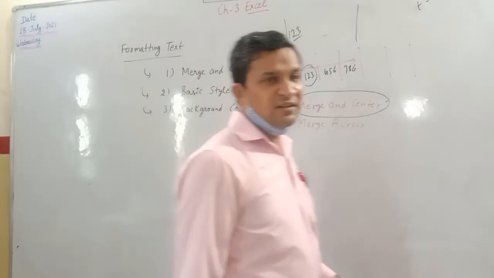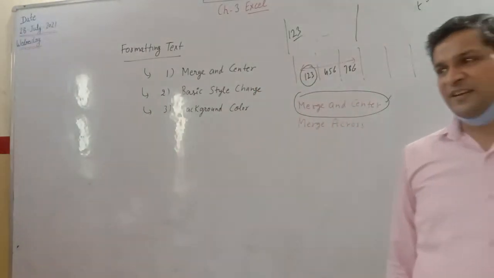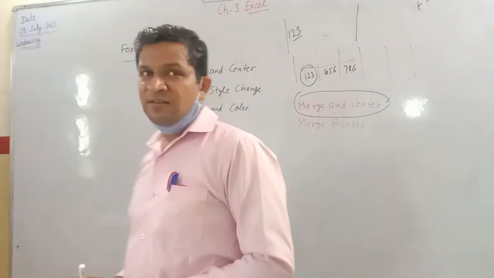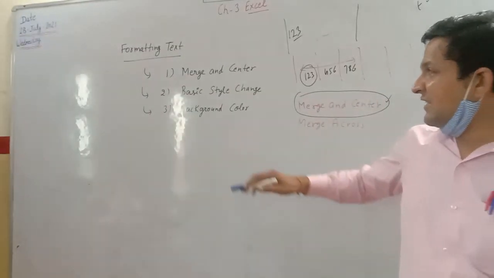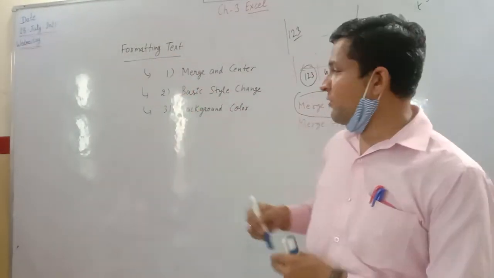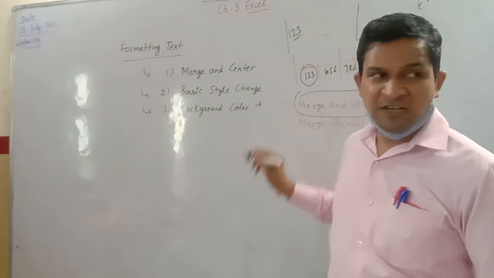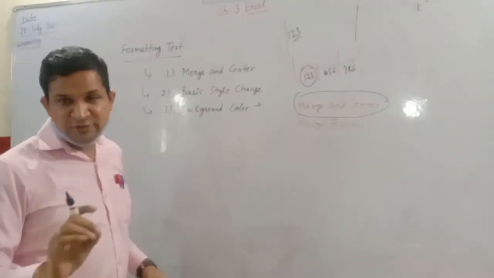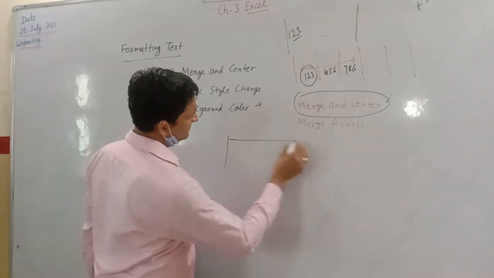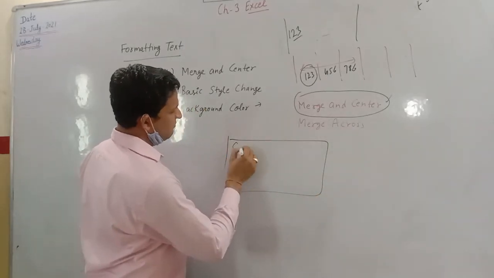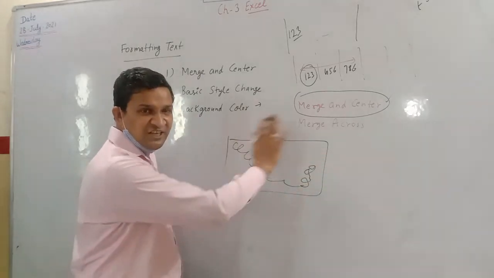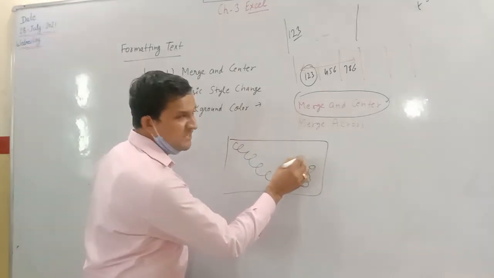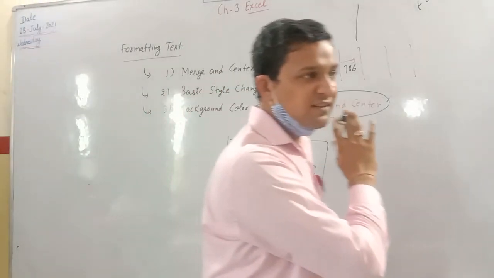Third one is background color. If you want to change the background of data, we will click on the formatting option. In formatting, the background color option is there. In background, two options are there. One is a multiple color window. Different colors are there, a red, green, blue mixture. You will click on any area, and that color will be applied.